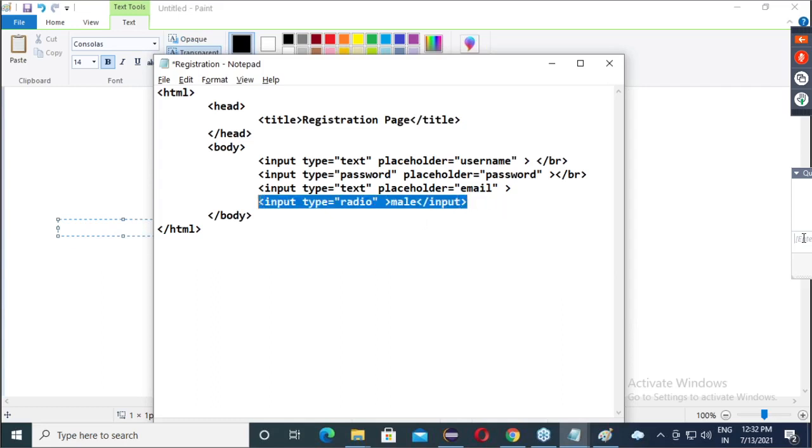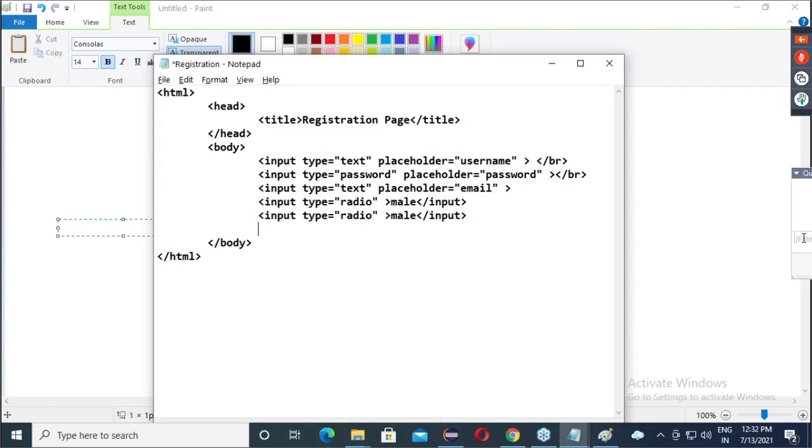So like this, how many radio buttons do we want? Here, others. So after that we have to give what? Break.